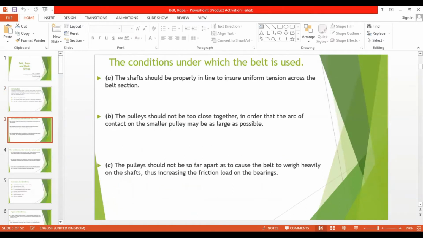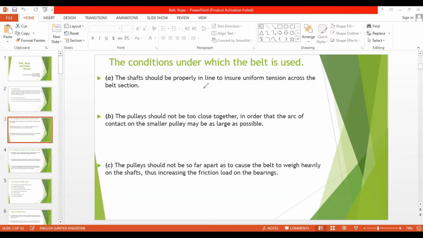So I told you, we can use any one of the methods. Either it can be belt drive, or chain drive, or rope drive, or gear, to transmit power from one point to another point, right? So the conditions under which the belt is used, particularly when we use this belt, now we are going to see that